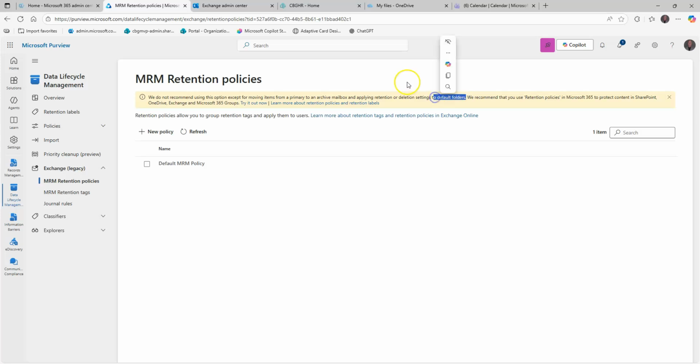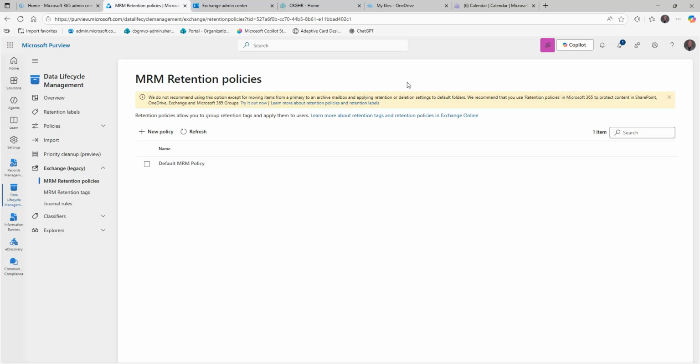Well, what are default folders? Well, default folders inside of your Outlook is basically the inbox, sent items, what else? Recycle bin. You know, the default folders that every inbox is going to have, junk mail, all that kind of thing. So basically, the use case for MRM is still valid, but it should only be used when